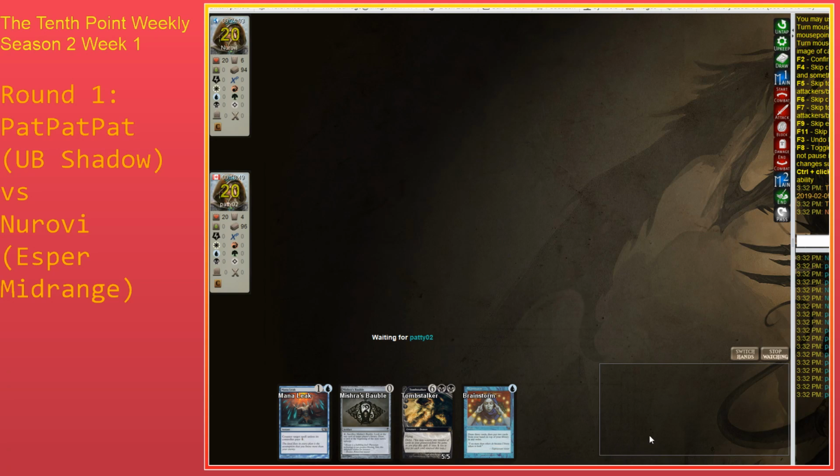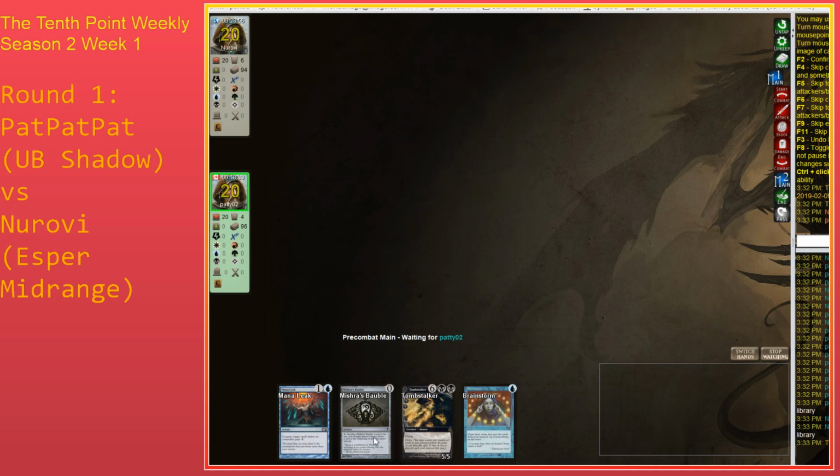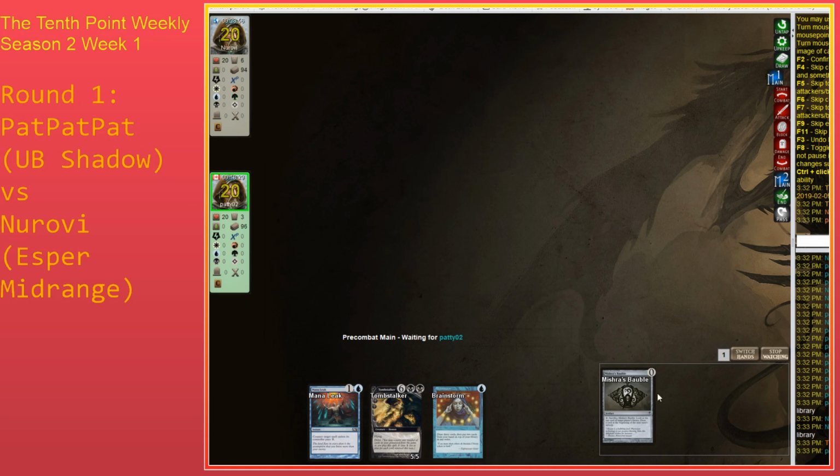Pat's down to 4 cards. I think that's bad. I think you have to Mishra's Bobble. Pat's not looking at a good 4 here, to be honest with you. I think if he finds lands between his draw step and the Bobble, he can brainstorm into more stuff, and he's not favored obviously, but